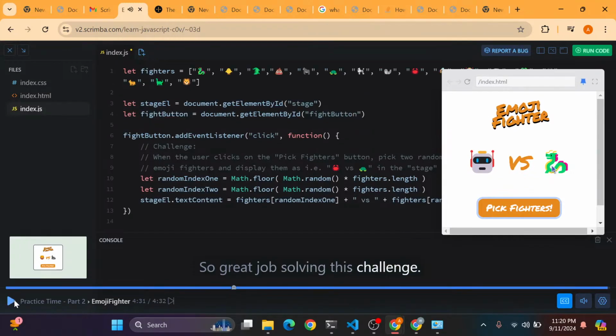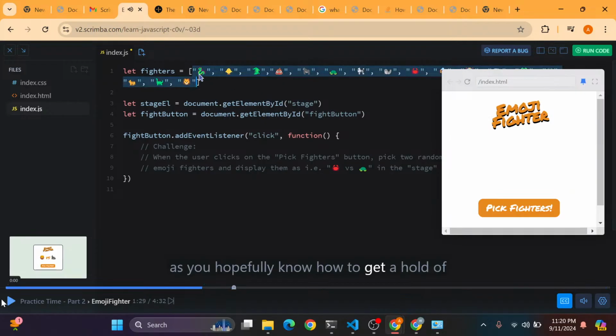Solving this challenge. Get hold of items within arrays using the